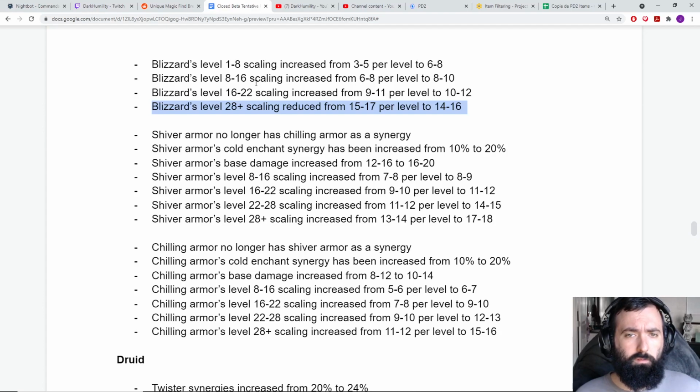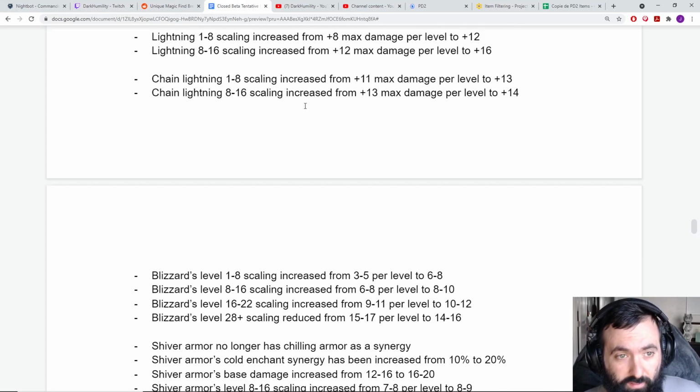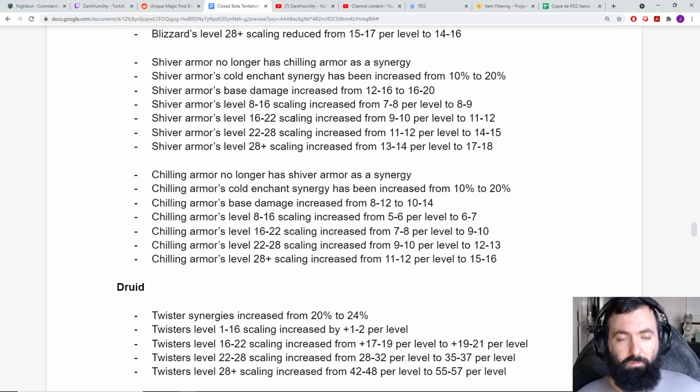And I like this, yeah. Blizzards in general getting a buff. But they're reducing the scaling at high levels. Wait, what? I don't know about that. Okay. I feel like it just needs a buff. Shiver Armor no longer has Chilling Armor as a synergy. Okay. Shiver Armor's Cold Enchant synergy has been increased from...